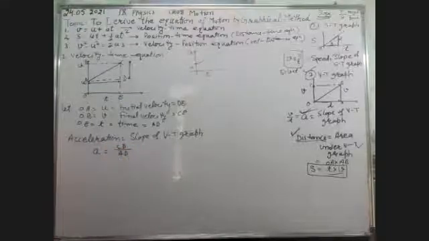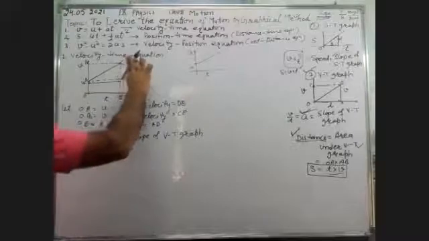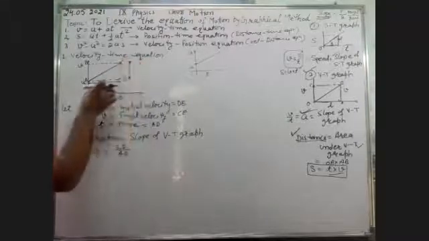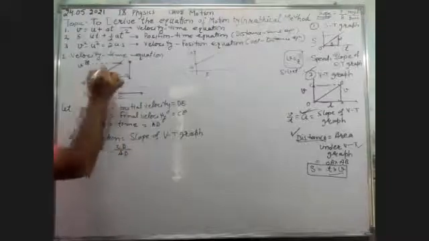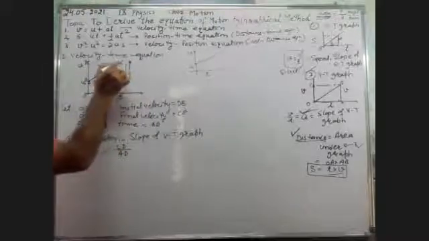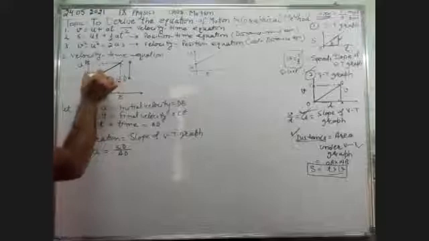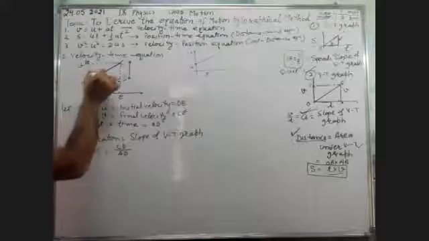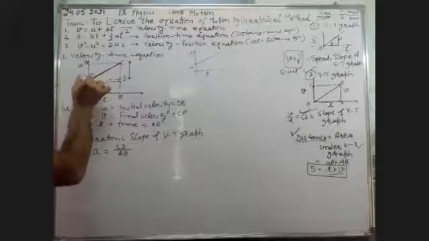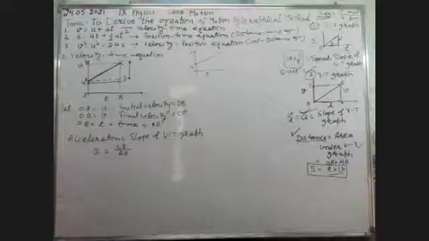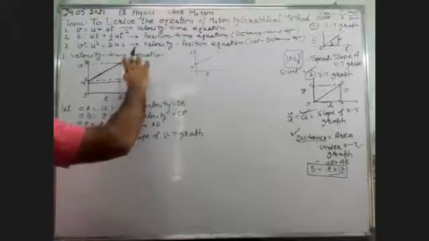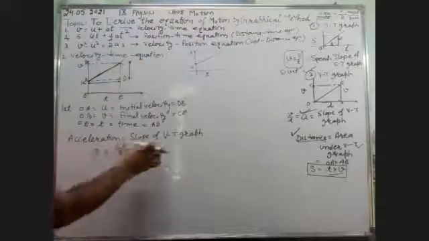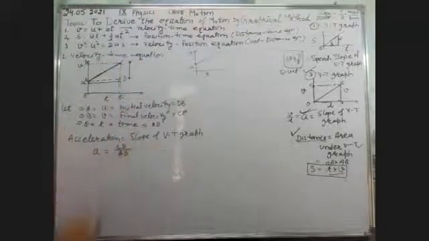CD divided by AD. Again, look carefully. CD is the perpendicular, AD is the base. So CD divided by AD is the slope. This is the slanting slope, we have to calculate the slant height. So from mathematics, we have a formula that perpendicular or height divided by base is known as the slope.